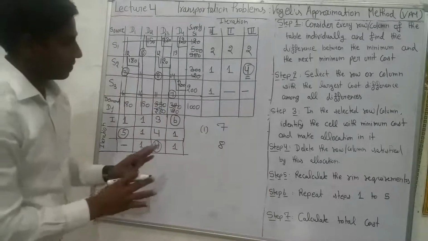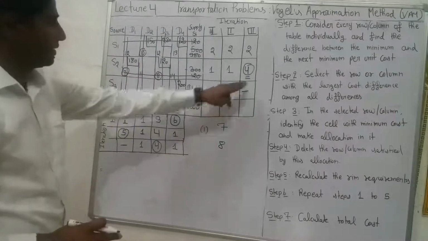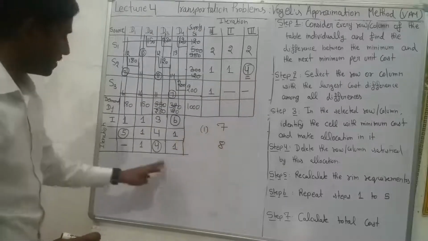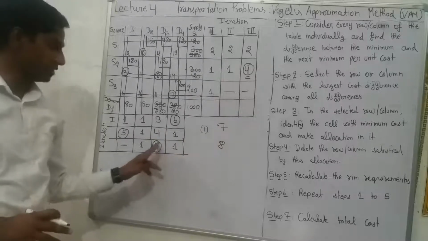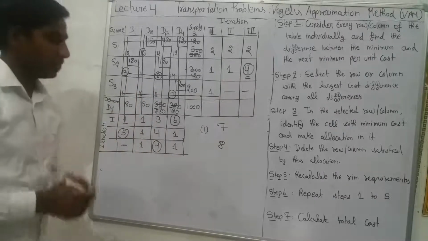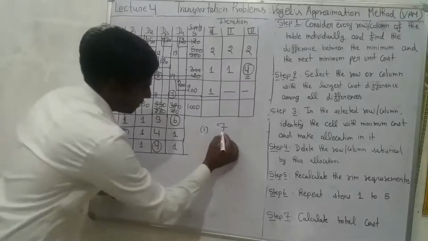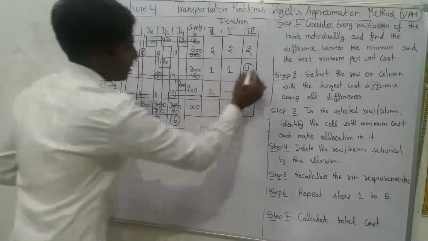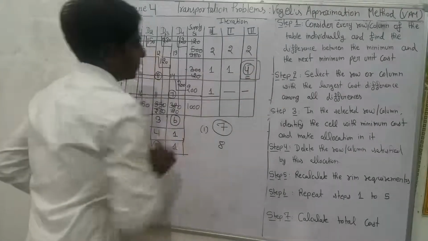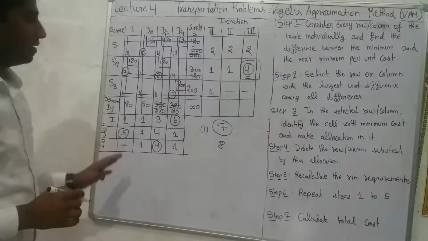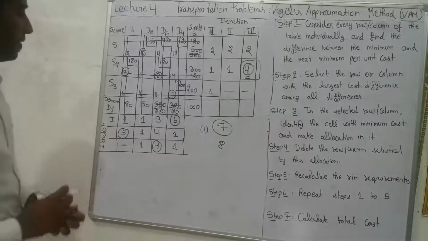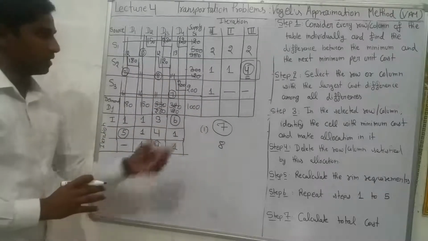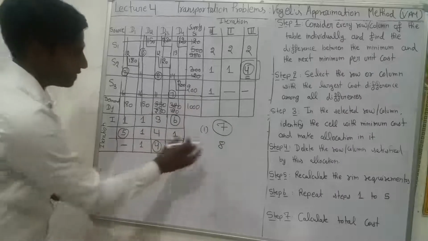Now you can see that this 4 has the lower minimum cost, equal to 7, in comparison to this largest difference, which has the minimum cost of 8. So obviously we would select this 7 because it is less than 8. So we are going to select this 4. In such a problem, we can select on the basis of the minimum cost in a particular column or row. It is the first technique.